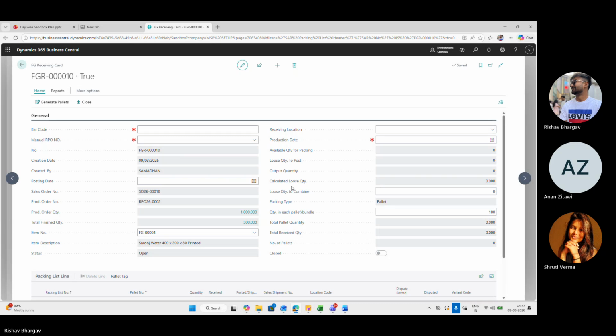When we fill in the details about the production date, receiving location and posting date, it will calculate the loose quantity. So here you can see 155. It again appears as 155, the calculated loose quantity.